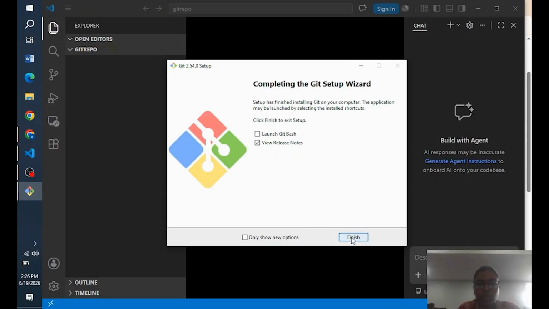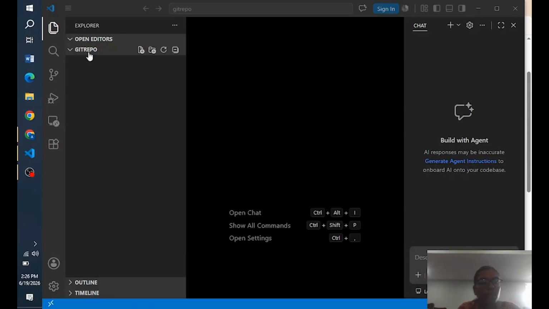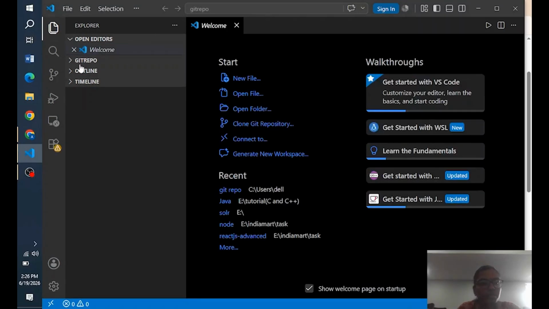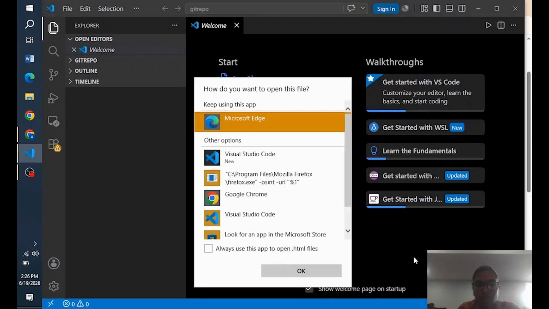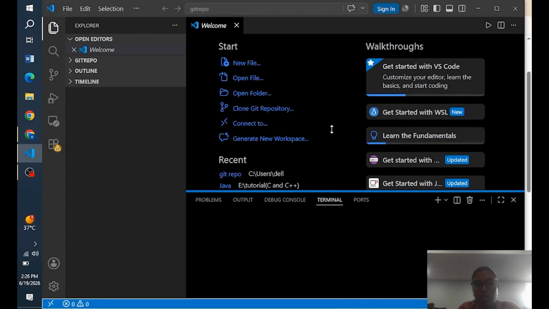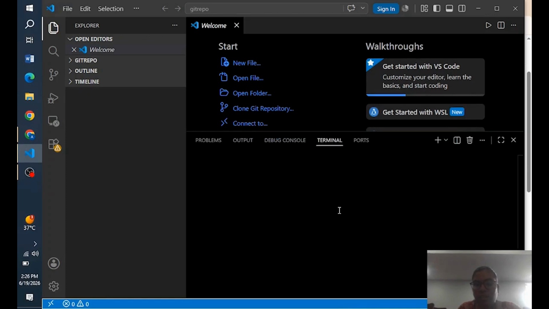So Git is installed now. Okay, here we have opened the folder. From here you can see this terminal.